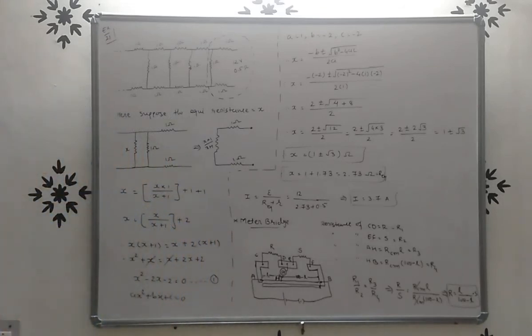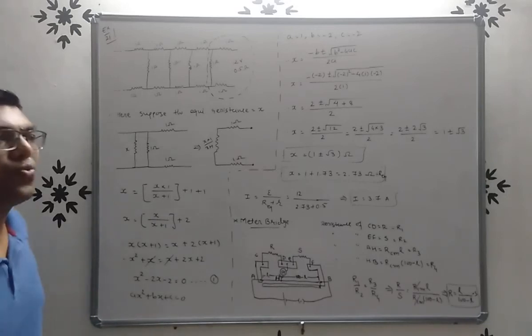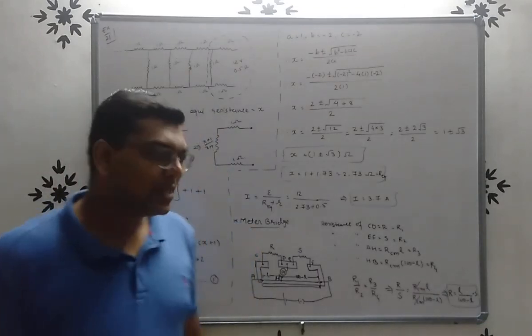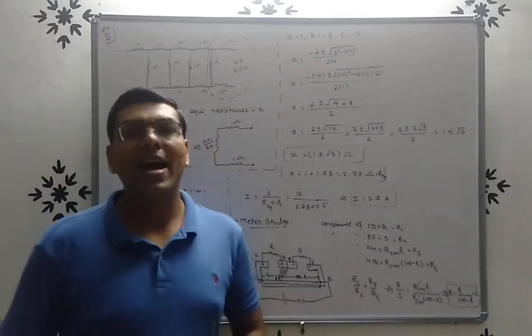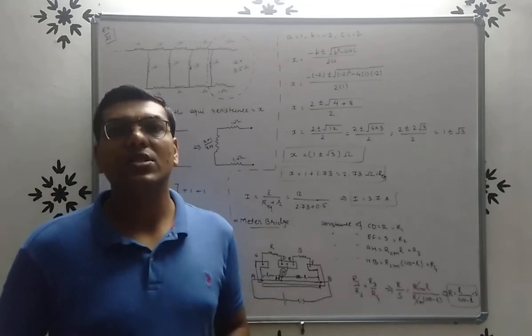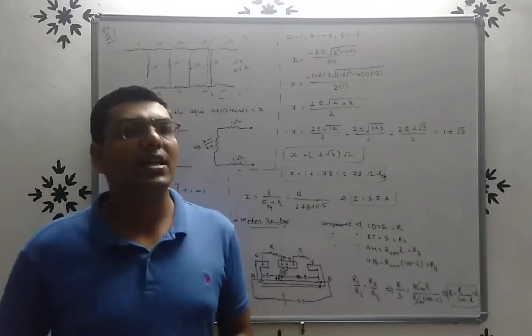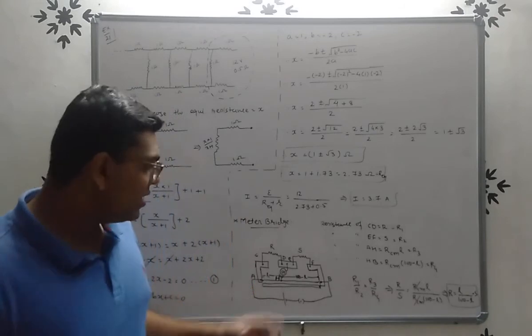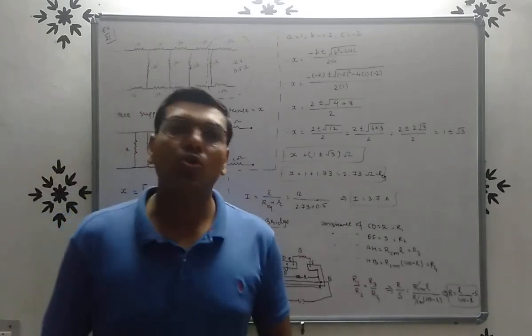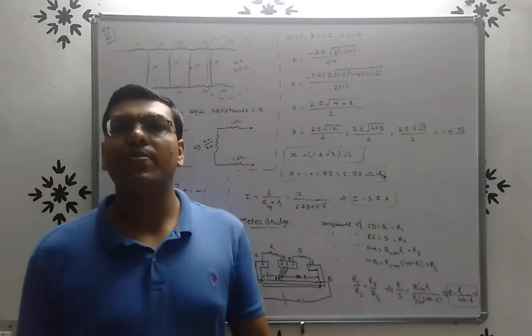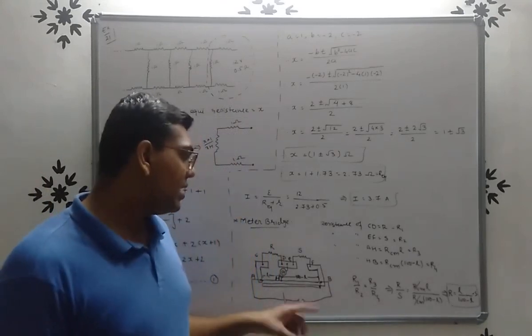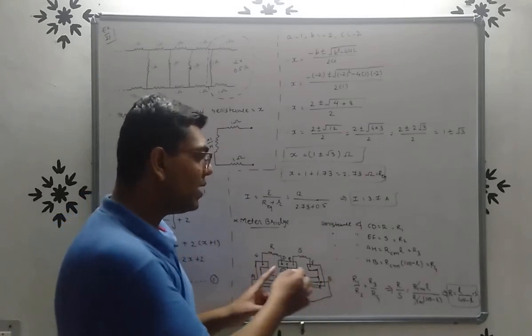So friends, this is the meter bridge, right? Again, what is meter bridge and why do we use meter bridge? So friends, meter bridge is used to find out the value of unknown resistance. In meter bridge there is a wire having specific resistance, or we can say resistivity. The length of the wire is 1 meter, or we can say 100 centimeter. Then this wire is tied between these two steel plates, right? And there is another plate between these two plates.